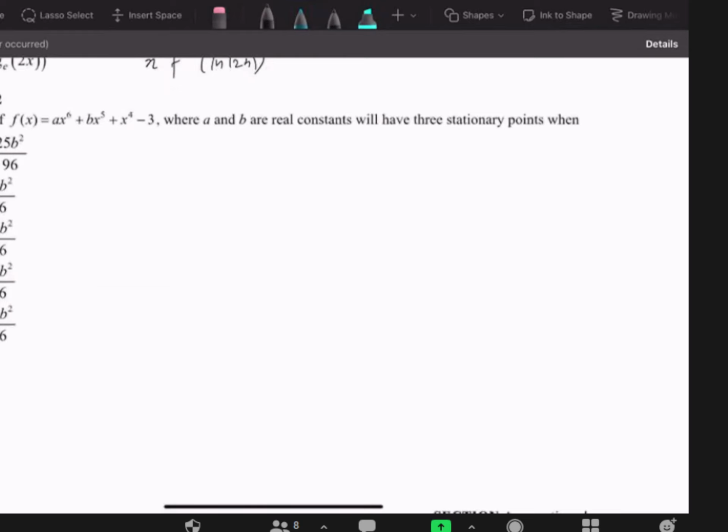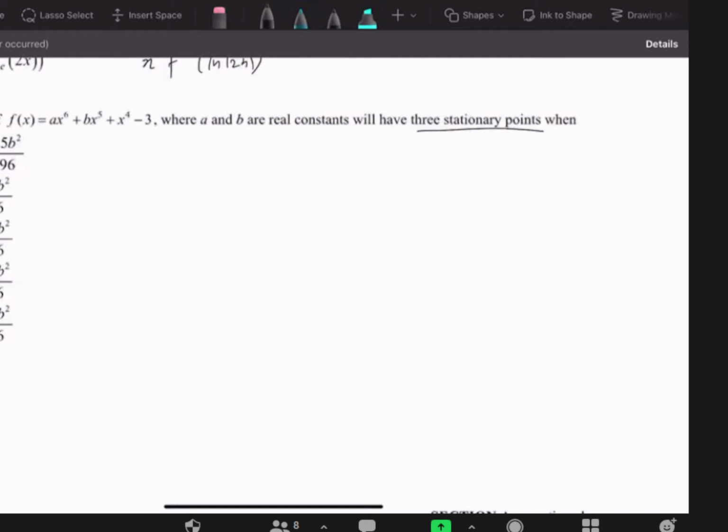So for this question, stationary points, and the thing you need to look at is the answers. You can see we have a, b, constant thing going on, so you should maybe be considering the discriminant. That's what you need to do for this question. And that theory should be supported if you look at the question, because if